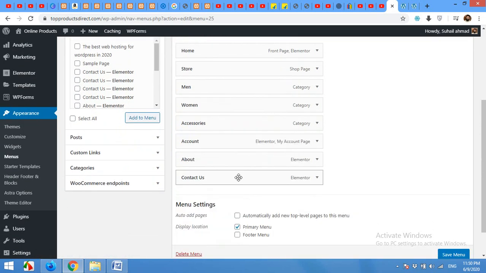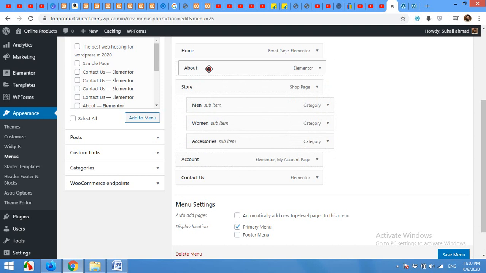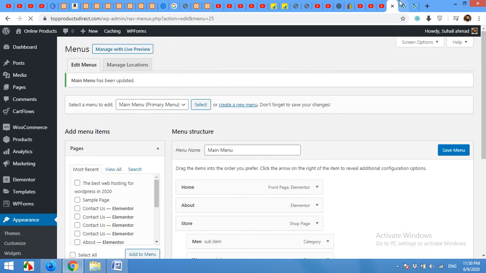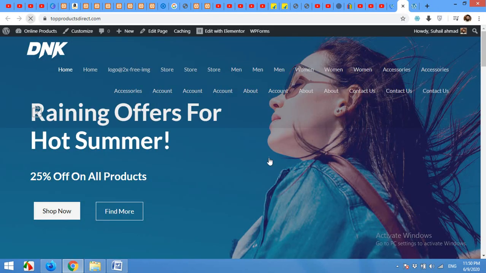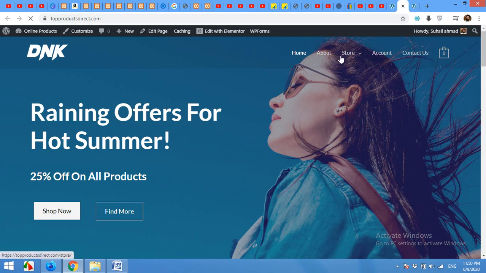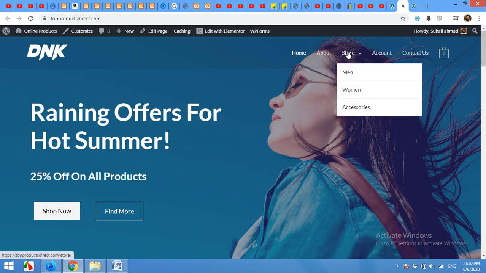Okay, after deleting these things, let me arrange it more. So men and women will be under the store, as well as accessories. About will be the second page, and account and contact will be the last. Save menu. Now come to the front end and click refresh. Now you can see that the menu is looking good.